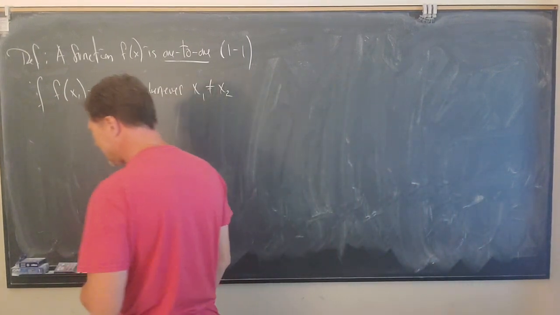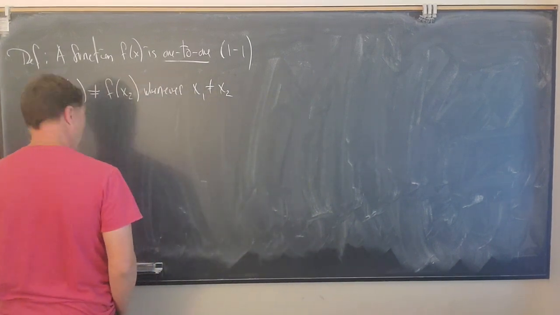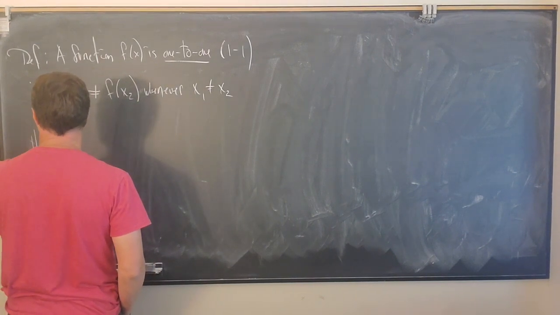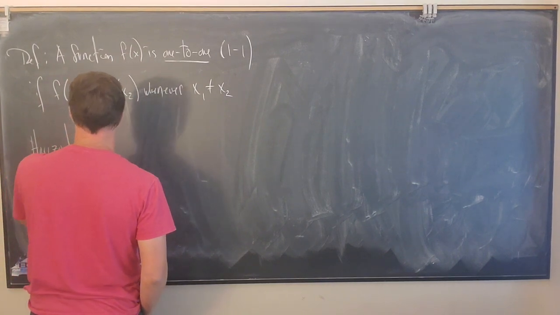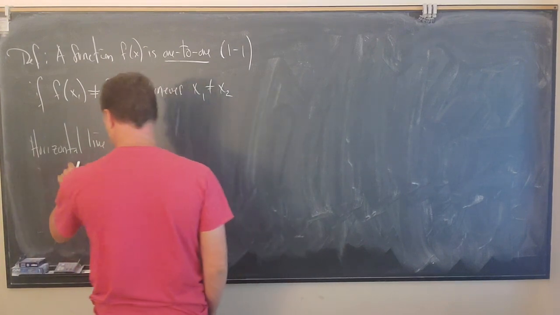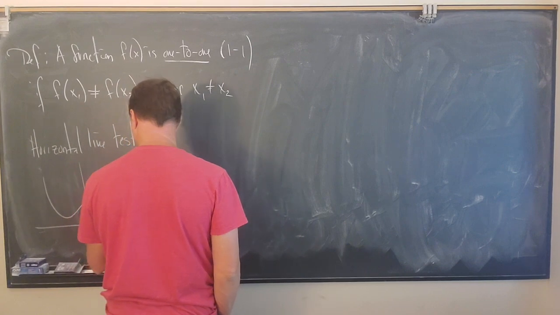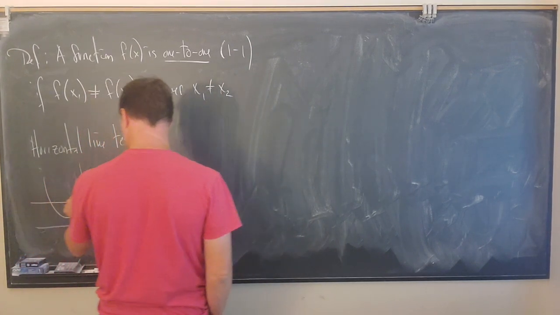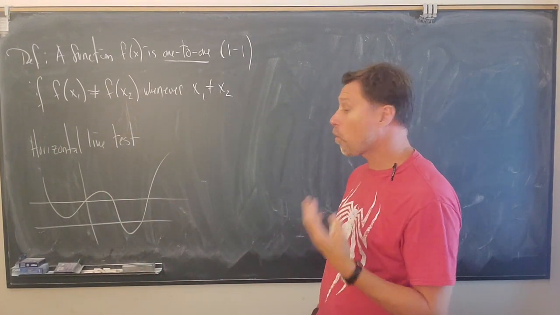You've probably seen this definition before, and you probably learned a way to identify graphs that correspond to 1 to 1 functions, right? And that's the horizontal line test. And here's the idea. If you have a function that's not 1 to 1, say something like that, then if there's a horizontal line that meets the graph more than one time,